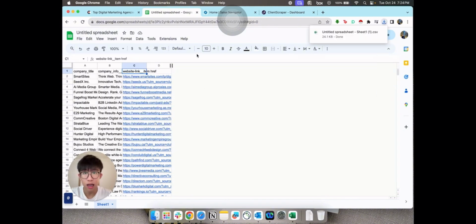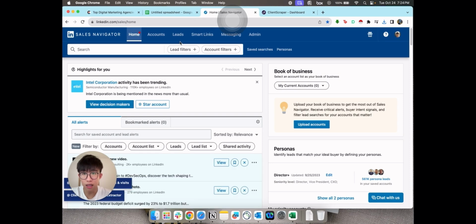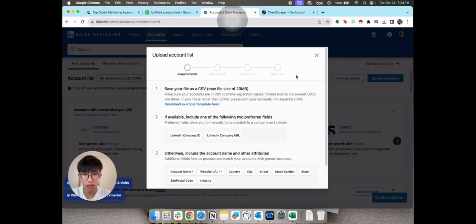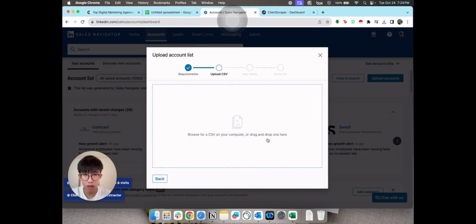And then the next step is we want to hop into LinkedIn Sales Navigator again. This process only works with LinkedIn Sales Navigator Advanced. If you have Sales Navigator, the basic plan, this will not work. If you don't have Sales Navigator, this will not work as well. So once you get this, you just want to pop over into this account tab, press upload accounts, press continue,